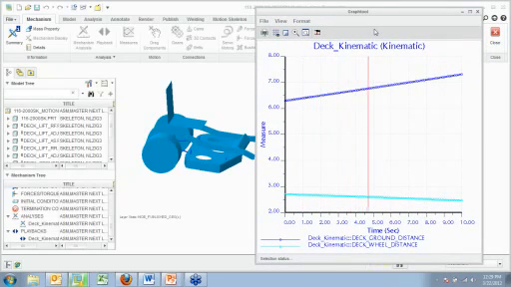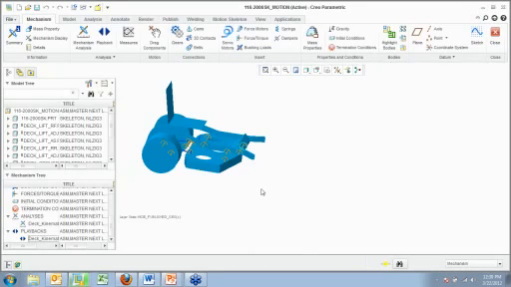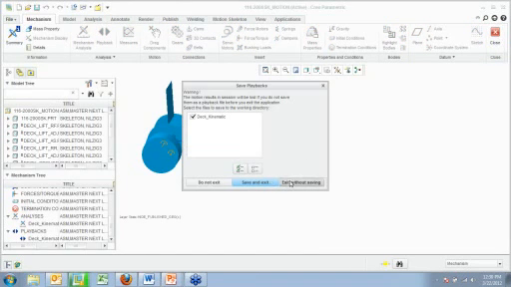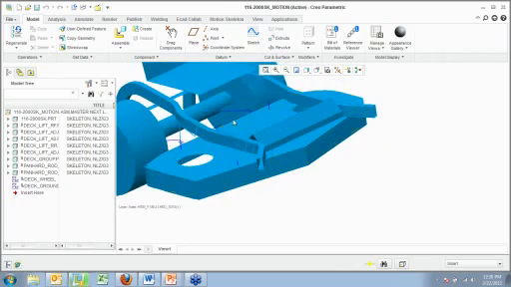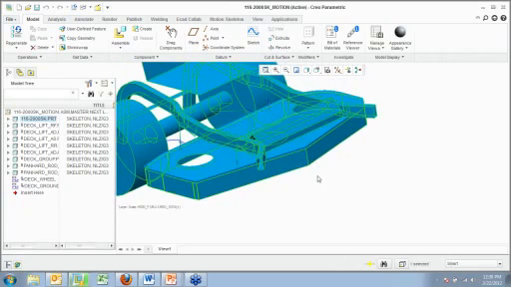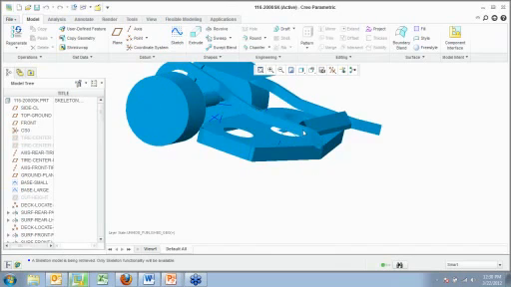Let's see, next. If I close this out, and close this and close that as well, I'm going to close out of my deck kinematics, exit without saving. It's going to take me back to my skeleton. So now you can see I actually, in this case, have several other skeletons within this master skeleton. I'm going to open this specific skeleton here